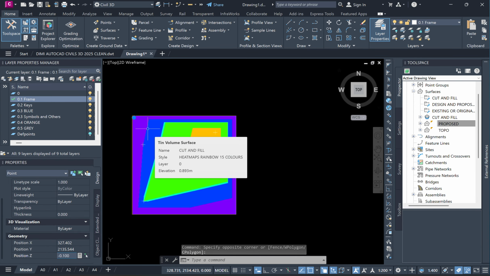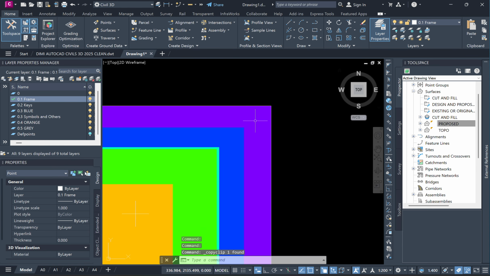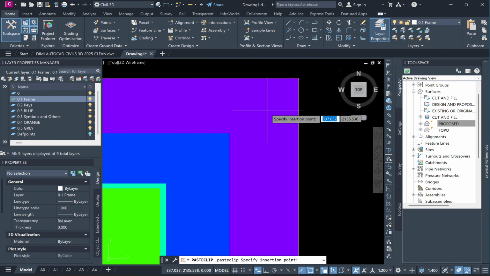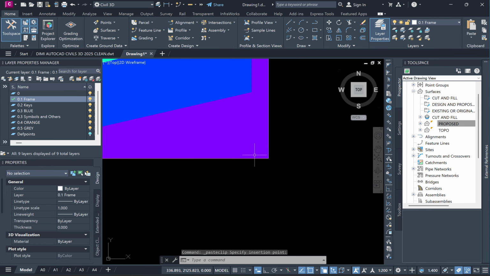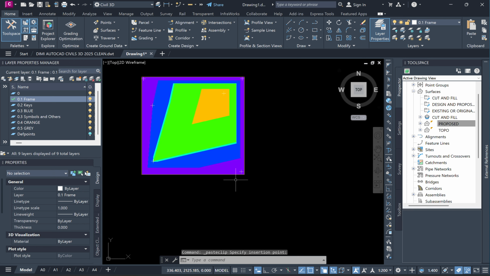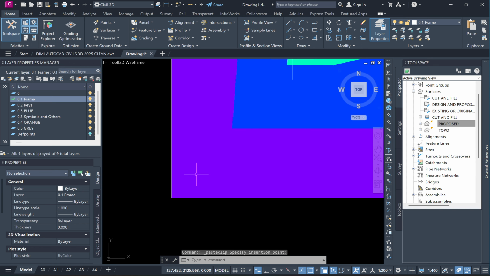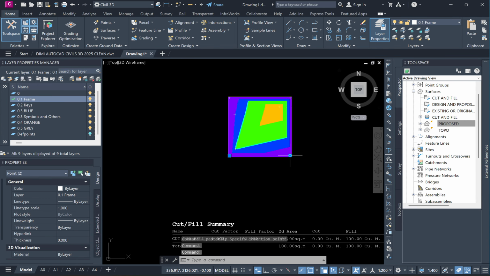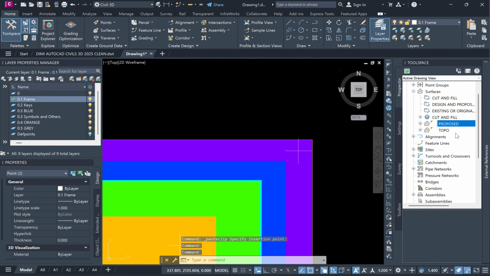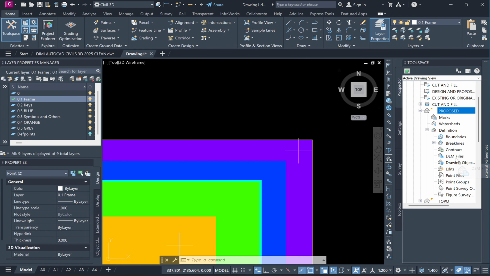Let's copy the point by pressing Ctrl and C, and then Ctrl and V in here. I'm gonna do that on all of our corners. Just like that. So let's select, actually no, let's go to Propose, Definitions, Drawing Objects, right click with the mouse over Drawing Objects and press